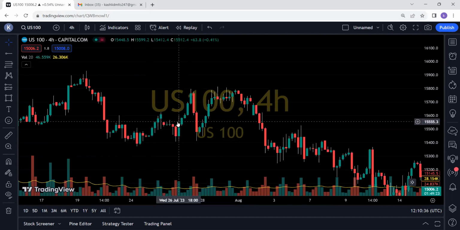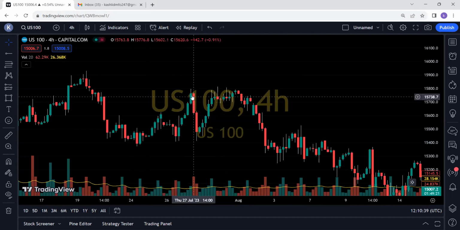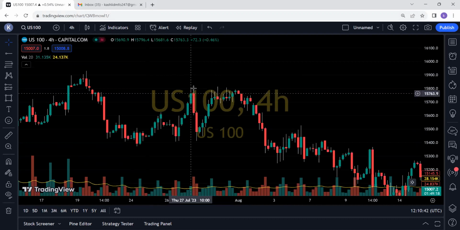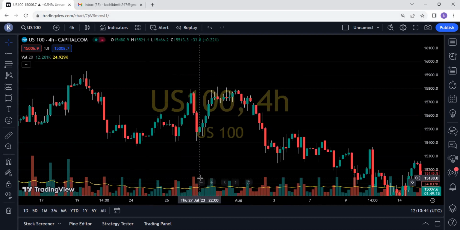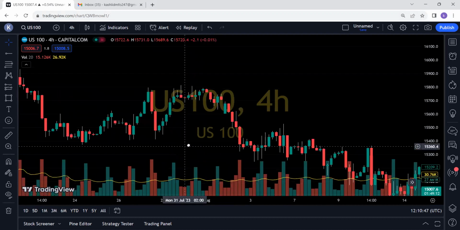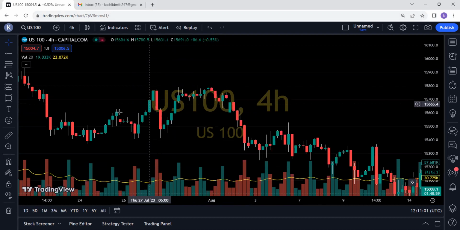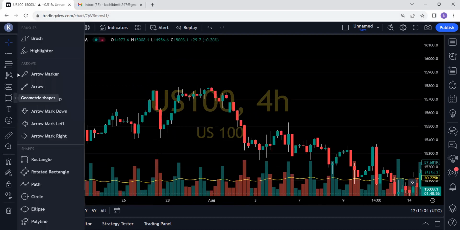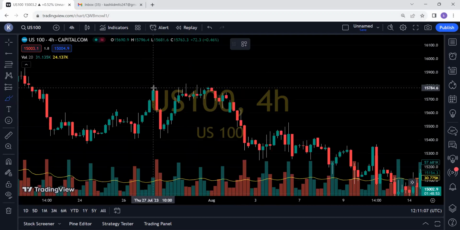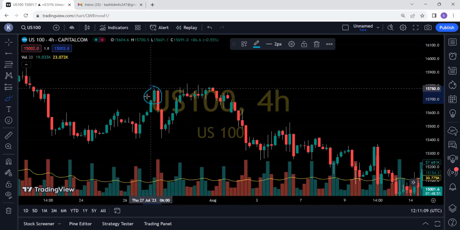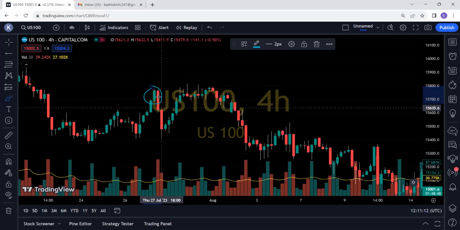Now, when you have an uptrend, like from here to here, the last green candle that traded before this red candle, which some people will call a bearish engulfing, is called the bearish order block. So this green candle, let me use my brush. This green candle here, the one that traded before this bearish candle, is our bearish order